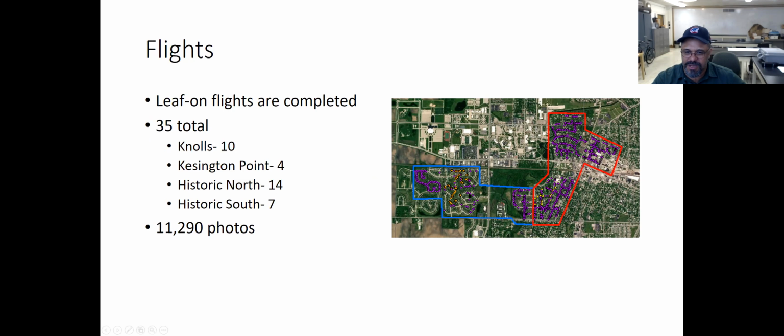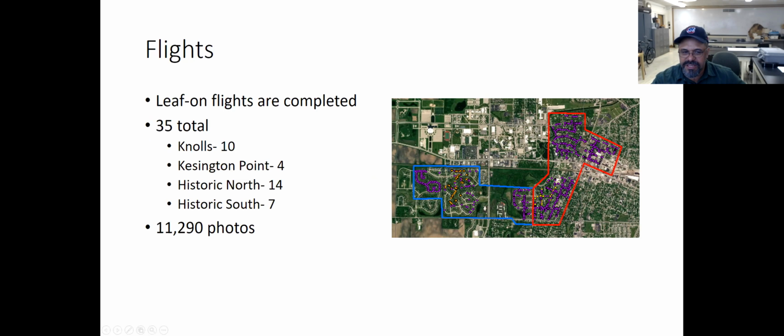The first section is this Knoll section here. This is a newer subdivision. This one was pretty much a very straightforward 10 block sections of it. The second section is this area over here called Kensington Point. It's a very small section, but it's probably the newest of the sections, I believe. The Knoll section, this is pretty established here. It's been there for a while. This section here is still building. So this is the old section, 10 in this section, 4 in this section.